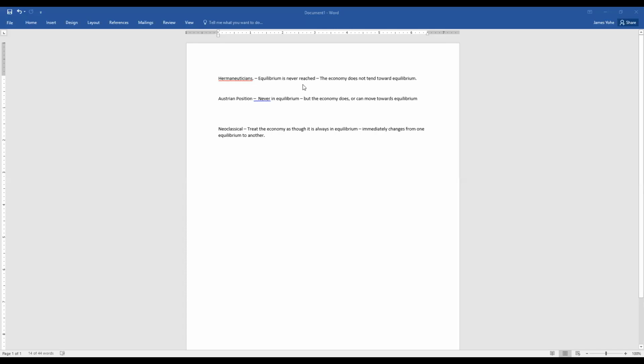Here's the hermeneuticians. Equilibrium's never reached. The economy does not tend towards equilibrium. These guys are the nihilists. They think that we know nothing about reality, okay? Which I wish they just stopped talking, because if they were true, then they're not telling me anything new or interesting. The neoclassicals here, that's the textbook authors, they treat the economy as though it's always in equilibrium,